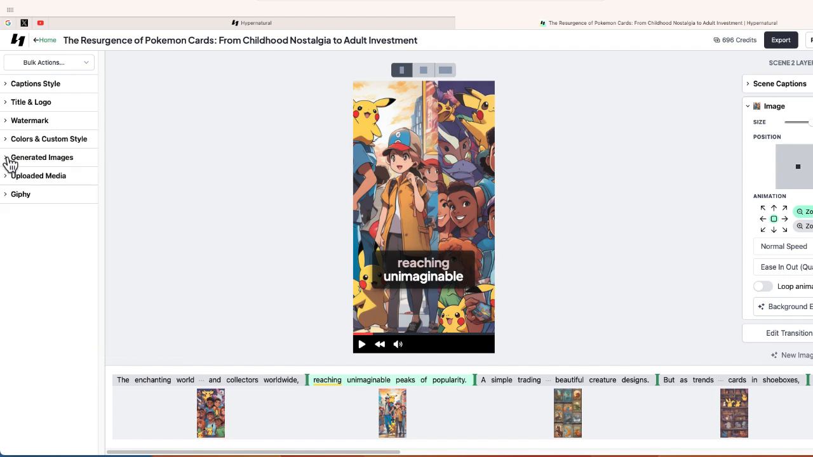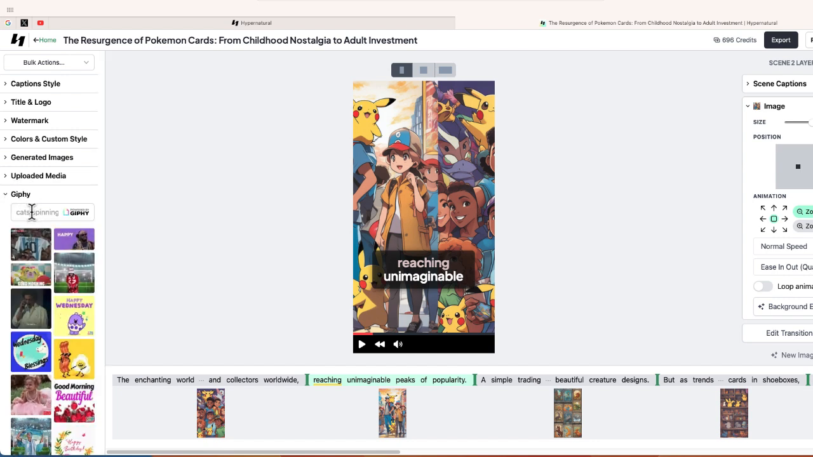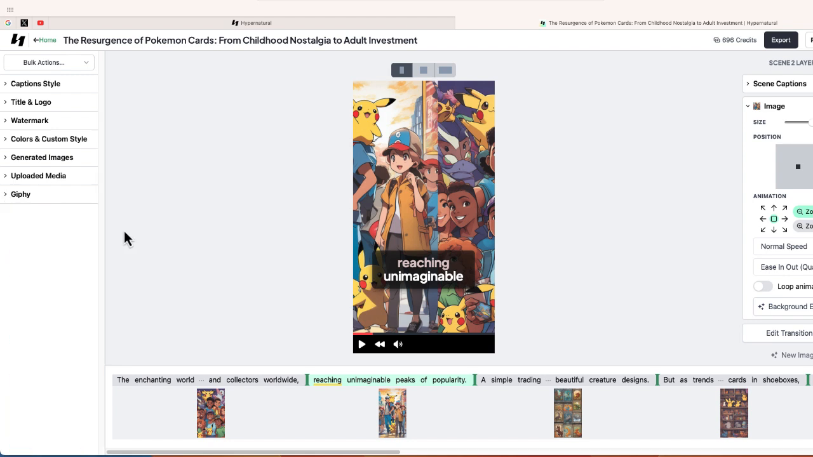The other thing you could do is also upload your own content to this option that says uploaded media, or there's an option where you can add animated GIFs to a certain part of your video as well. So lots of options. Once your video is generated, you do have an option to further customize it. Those are just a few options. There's a lot of other things as well, but I just want to give you a basic understanding of how